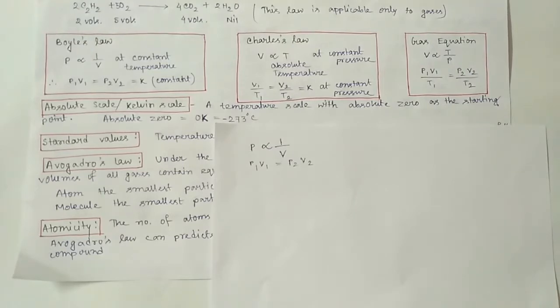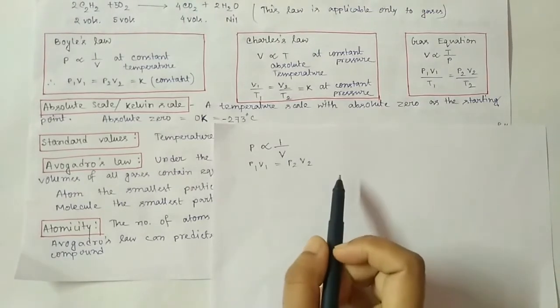If the pressure and volume of a given mass of dry gas change from P1V1 to P2V2, then according to Boyle's law, P1V1 is equal to P2V2